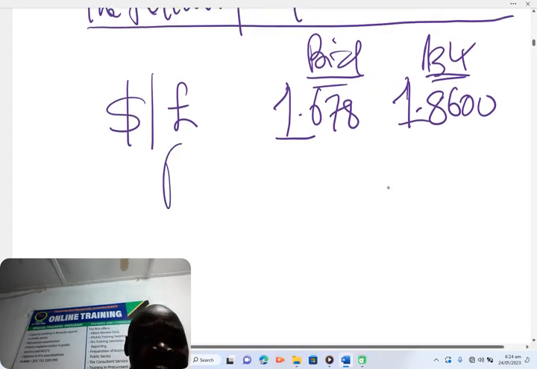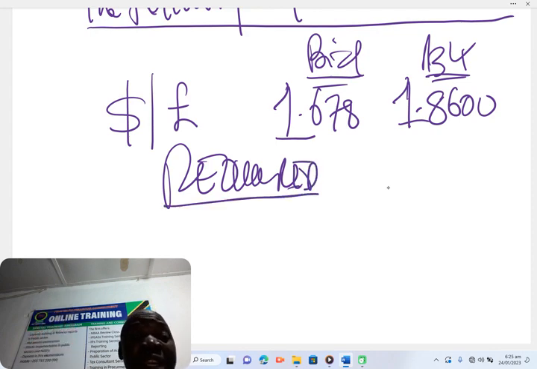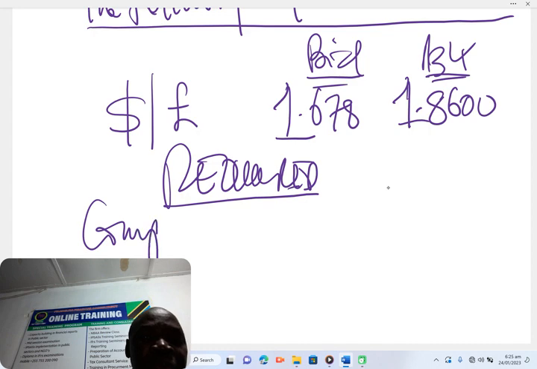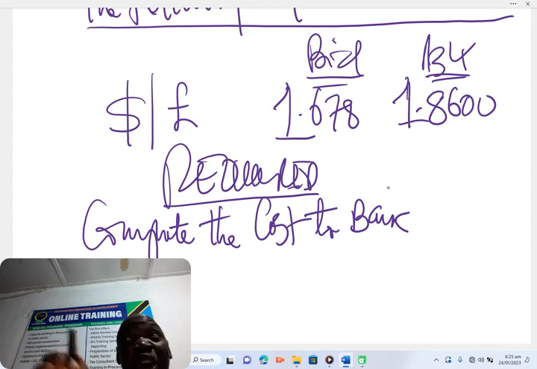Now required. You must be very much aware here. Required: compute the cost to bank. I repeat, compute the cost to bank